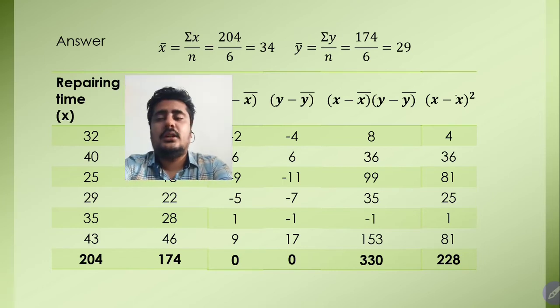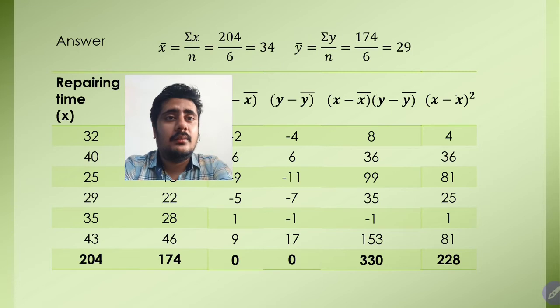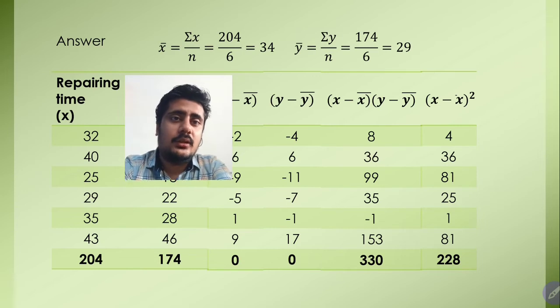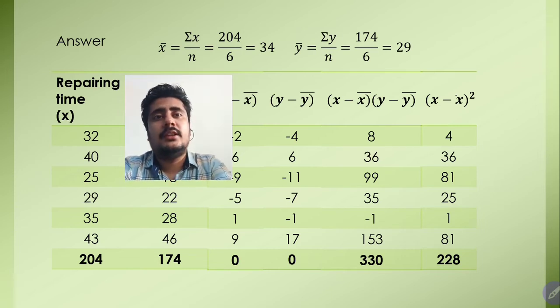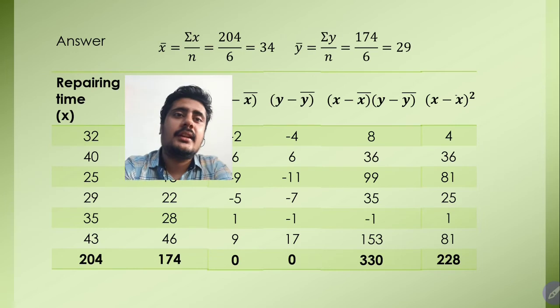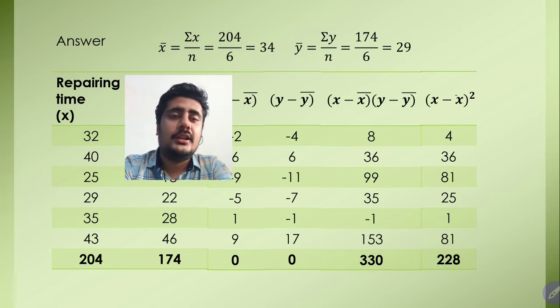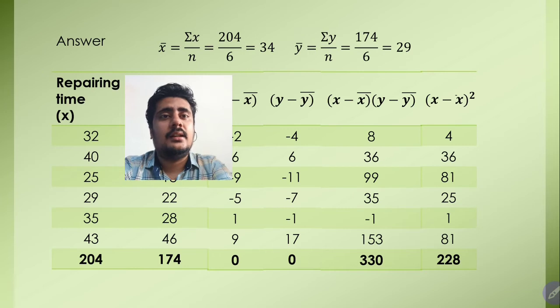Then sir, what will we use if x bar and y bar are in points or fractions? If x bar and y bar are in points and fractions, then you will use the second formula. We started the chapter with that second formula, n sigma xy minus sigma x sigma y upon n sigma x square minus sigma x whole square. That second formula was generally used when x bar and y bar are in points.